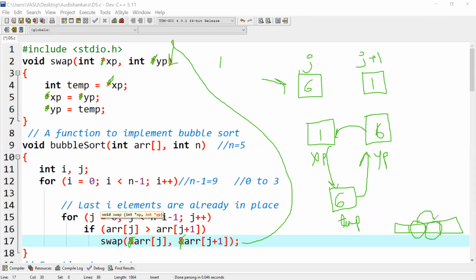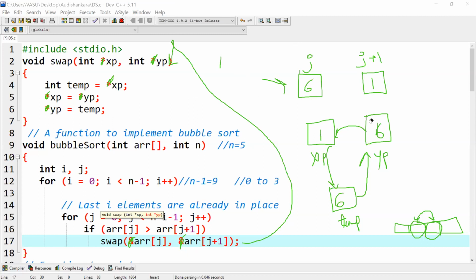I want to swap these two elements which are present at the location array of j and array of j plus 1. But the swapping operation is not happening there. It is not happening at this location. It is happening at the xp and yp variables. That is not what I want. Means actually the swapping is not happening at all. I want swapping over here.